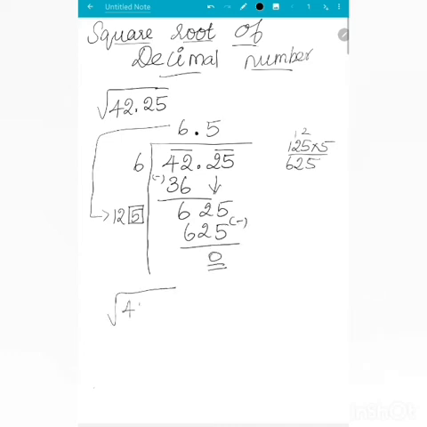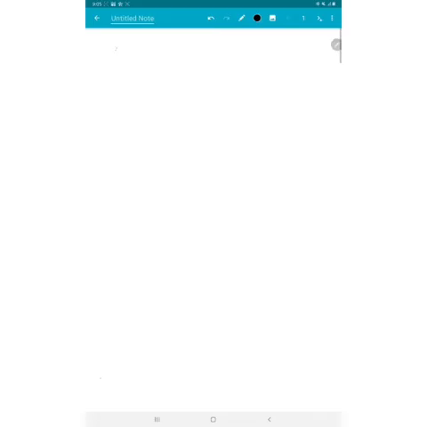Therefore 42.25. The square root of 42.25 is nothing but 6.5. So this is the way to find out the square root of a decimal number. Okay. The next one is square root of